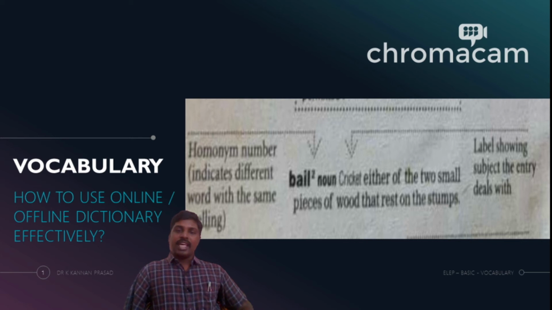They have not given both the meanings, but then we will try and understand. Let us use our own brains, let us use our own smartness, and then try to find out what is the other meaning. So as you know, you have the head word, and then you have the part of speech, and then you have something in italics.